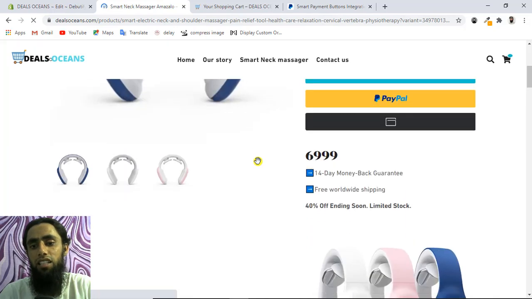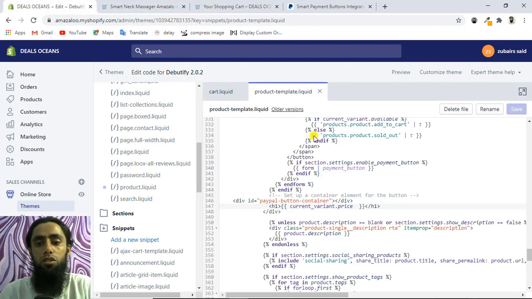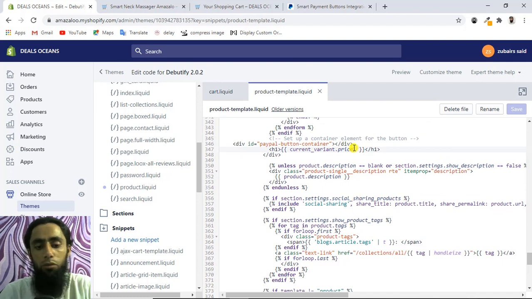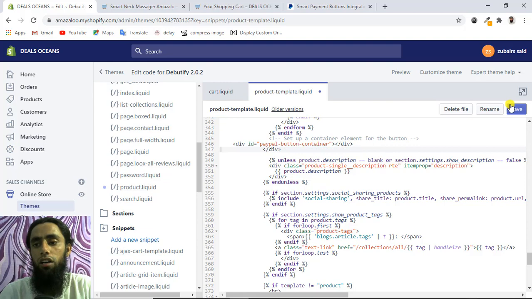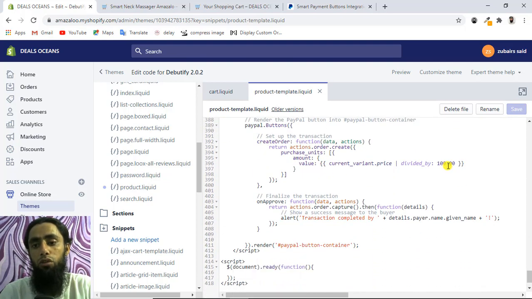you will be getting this specific 6999. That means the decimal value is not considered now, right? This is showing because the amount is going to be considered as a cent, C-E-N-T, cent. So 100 cents equal $1. That's why we have to divide this one, right? So again I'm going to delete this and save this, because we have confirmed the exact formula which we have required. So we have already passed that value onto our PayPal account.